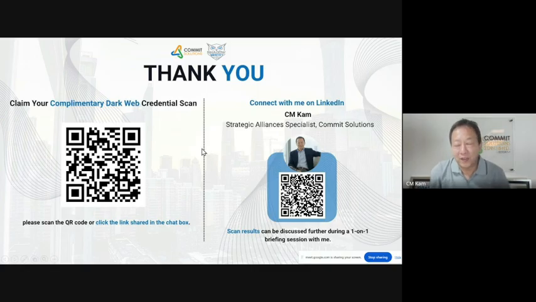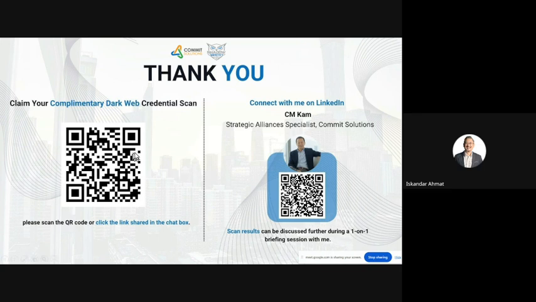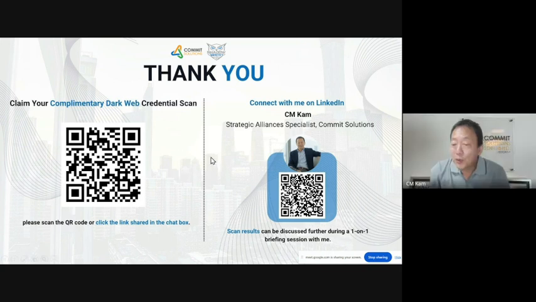We are scanning you based on whatever is available on the internet already, already floating in the dark web. We did not touch your system. We did not come into your environment. So I think the C-suite level needs to understand that, and second, what the exposure is to the company and what risk they are facing today. They can either do something about it, which they should, or if they choose to ignore it, there's not much anybody can do until something bad happens. Hope that answers the question. Yeah, thanks. Any other question?